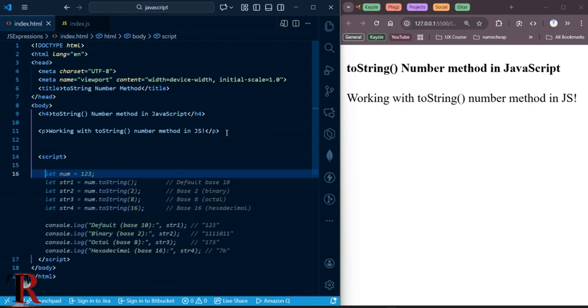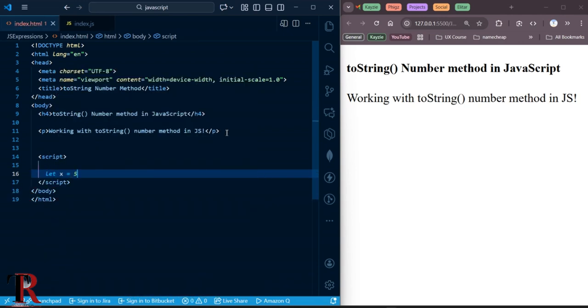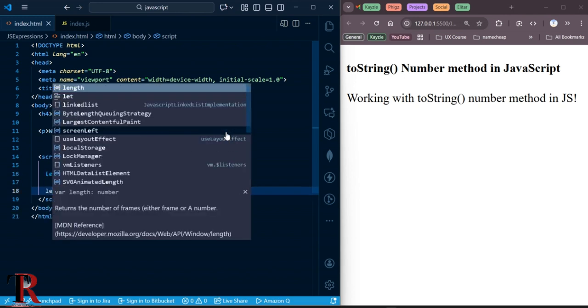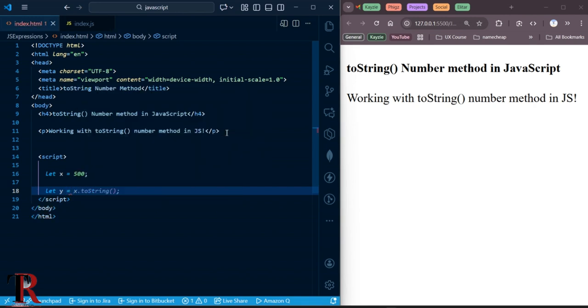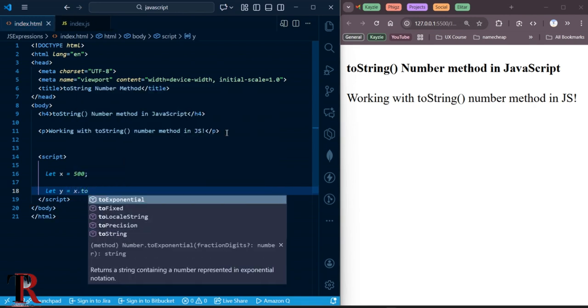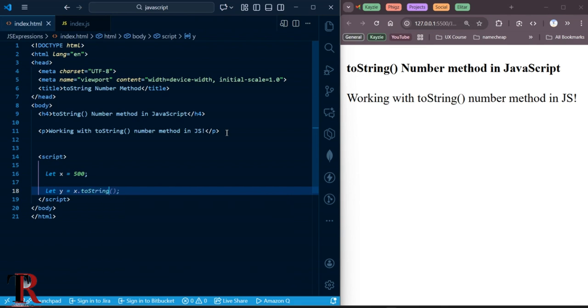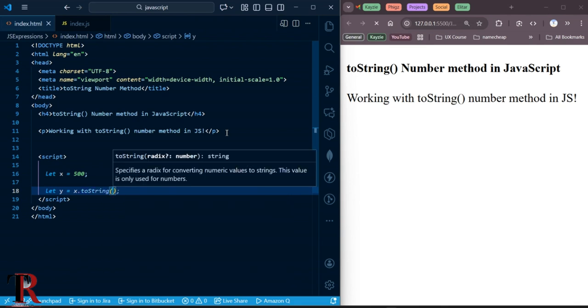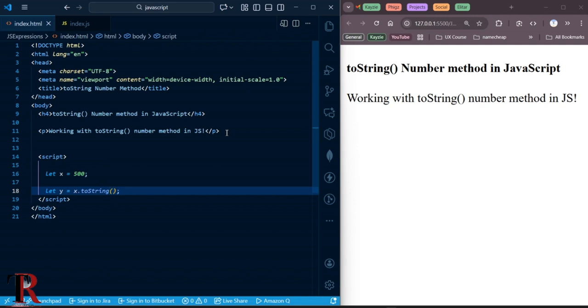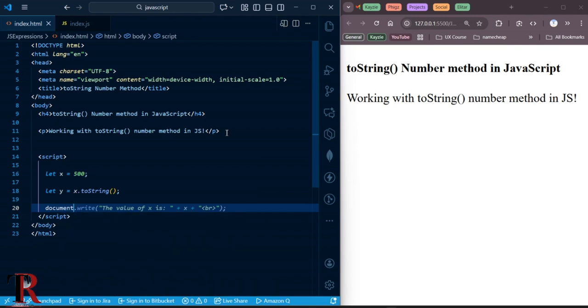And I just make something as simple as a variable. Let x equals 500, or it could be anything. You can put any number or anything that you want. So you can now say, okay, let y equals x dot toString. You can see my editor is already suggesting it for me. And then inside this toString method, I may not pass anything. Let me just output what y is,